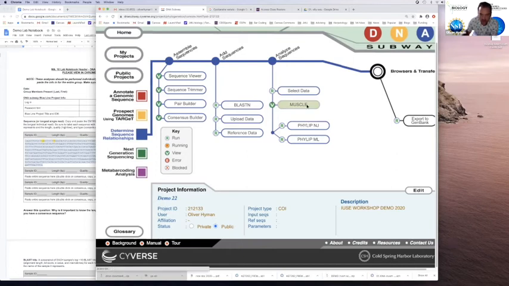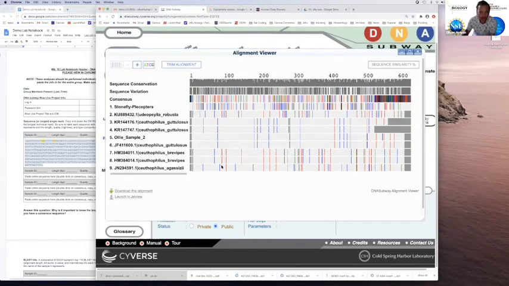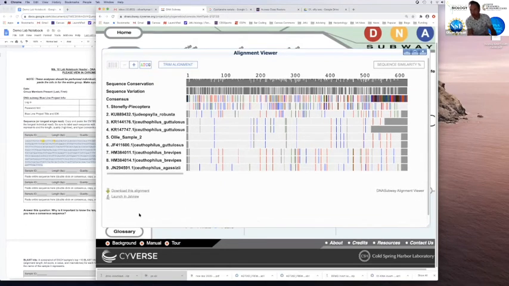So it's done the alignment. Now I'm going to open it up. And this is what's called a MUSCLE alignment. Essentially what you're looking at is all of your sequences in a sort of color-coded format where the colors represent base pairs all stacked on top of each other. So you can see number 5 here is Ollie's sample, and then this is the actual DNA sequence for my sample. The gray areas represent areas where there's not any differences between my sample and what's called a consensus between all